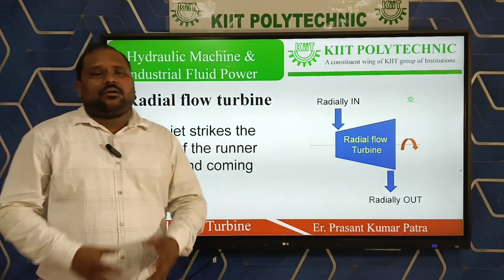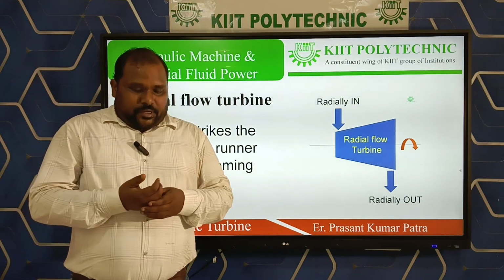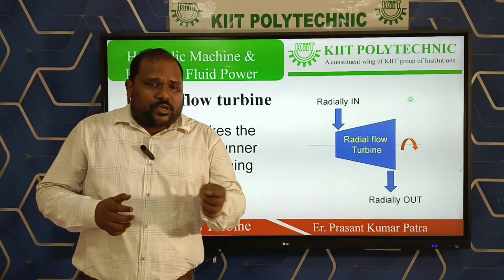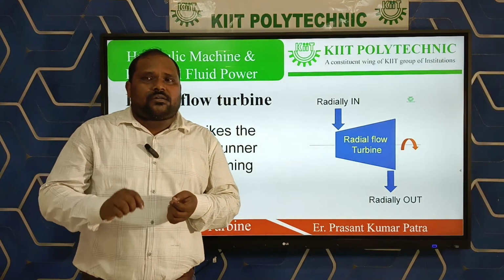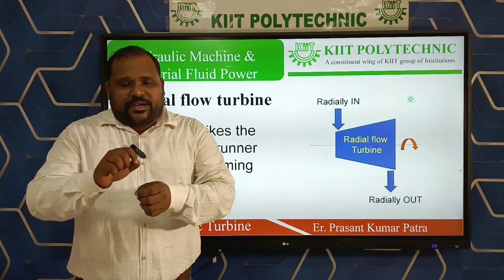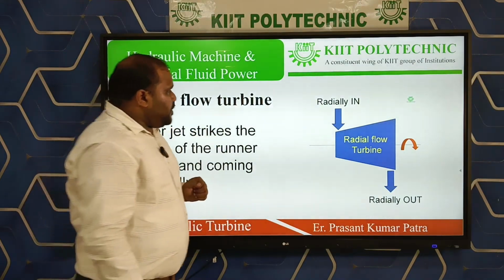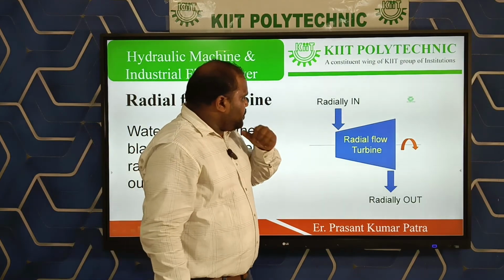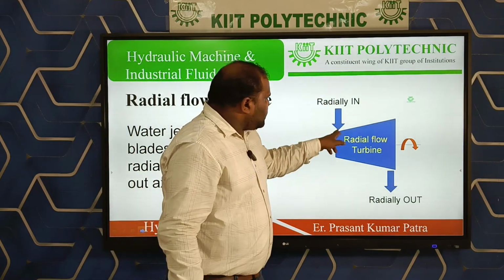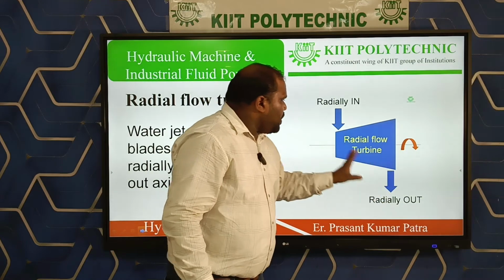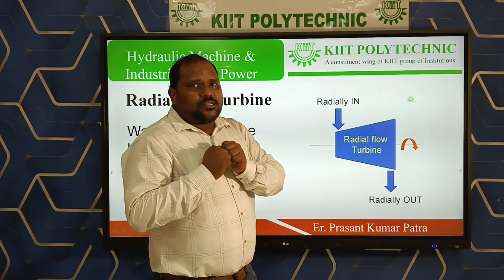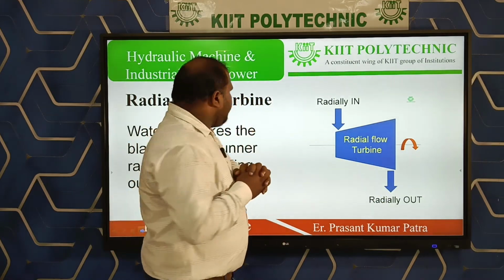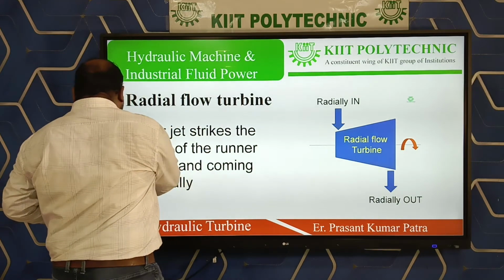Next one is the radial flow turbine. Why is it known as radial flow? Because the water enters the shaft radially. How? Here this is the layout of the turbine. Water enters radially in and here it is radially out. How will you understand this concept? What is that radial flow turbine? Simply